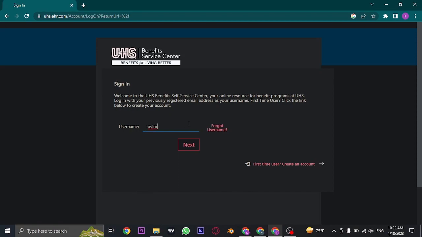So type in the username and then click on next. If you don't remember your username, you can click on the forgot username option and then follow the steps to recover your username. Once you type in your username, you can click on next, and in the next section, you'll